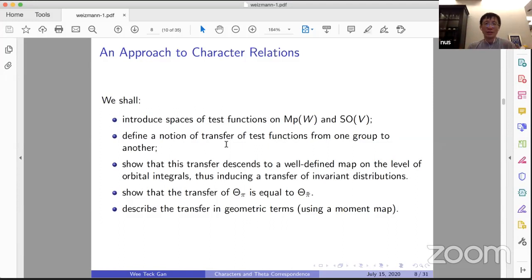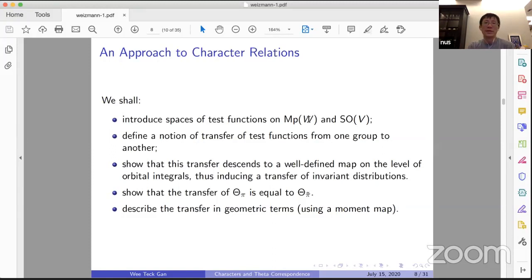So it is like a one-to-many function, something like that. However, we are going to show that this correspondence actually descends to a well-defined map on the level of orbital integrals. As a result, you can pull back, for example, invariant distributions of one group to the other. Okay, and then so now it makes sense to, for example, pull back the invariant distribution theta pi from SOV